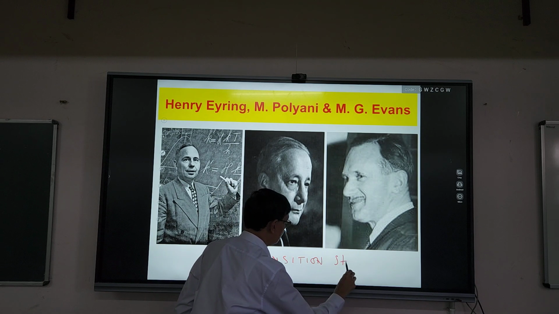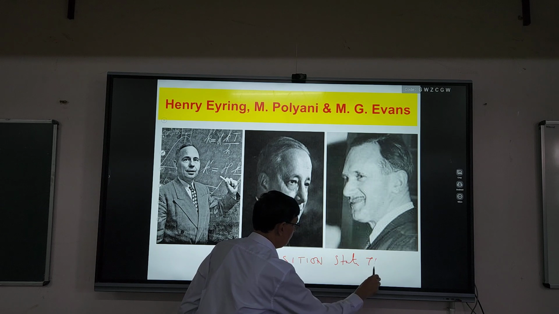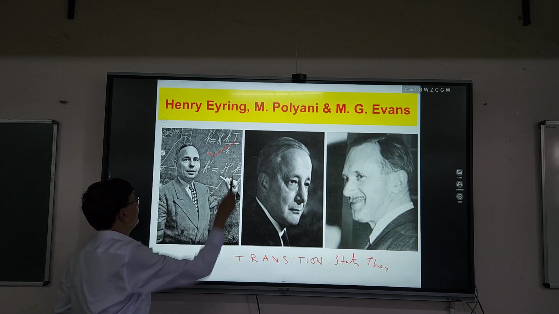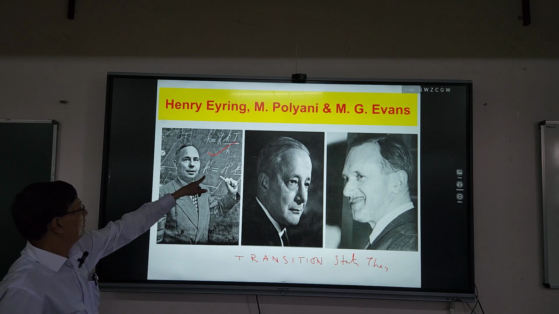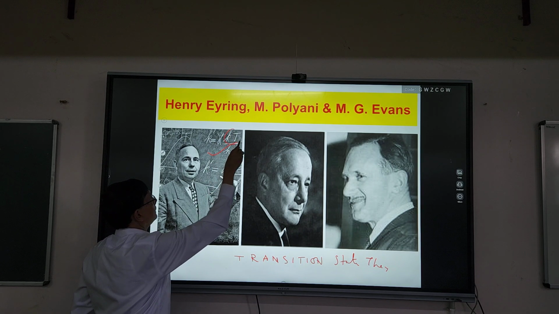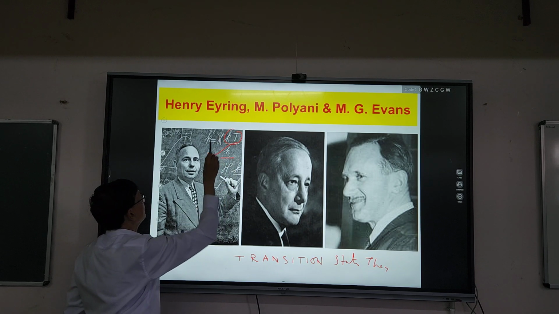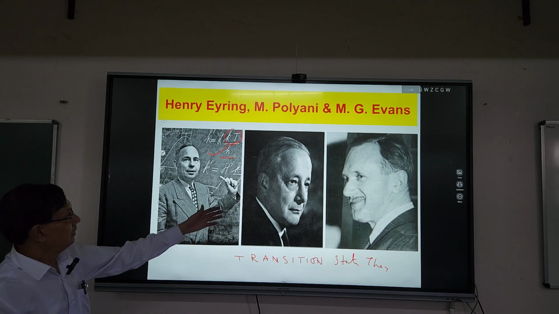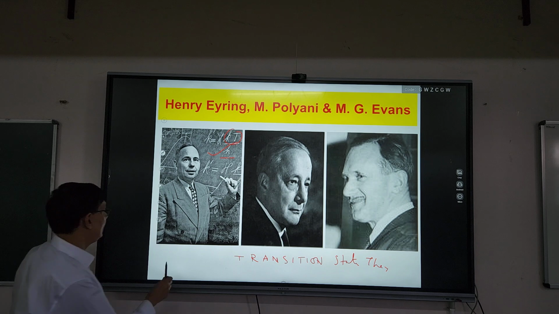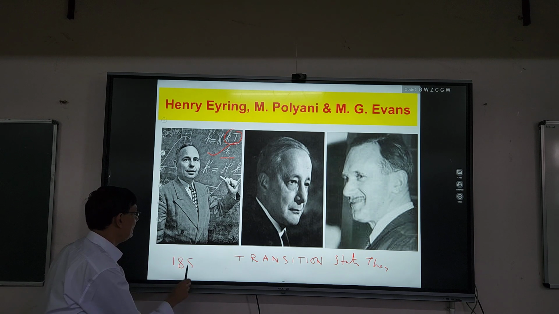So I always consider them the great transition state theory. And out of these three, this is the great gentleman. You see that they have just a blackboard. This is k, the rate constant, k B T over h, and this is Michael Polanyi. And why am I saying this again, 1889,